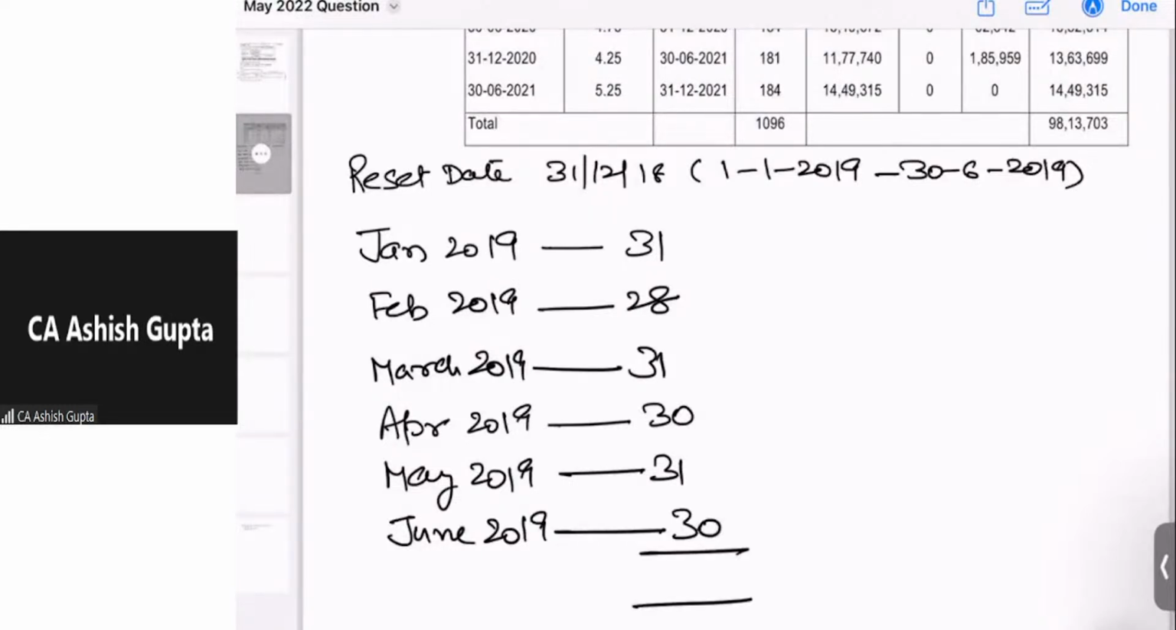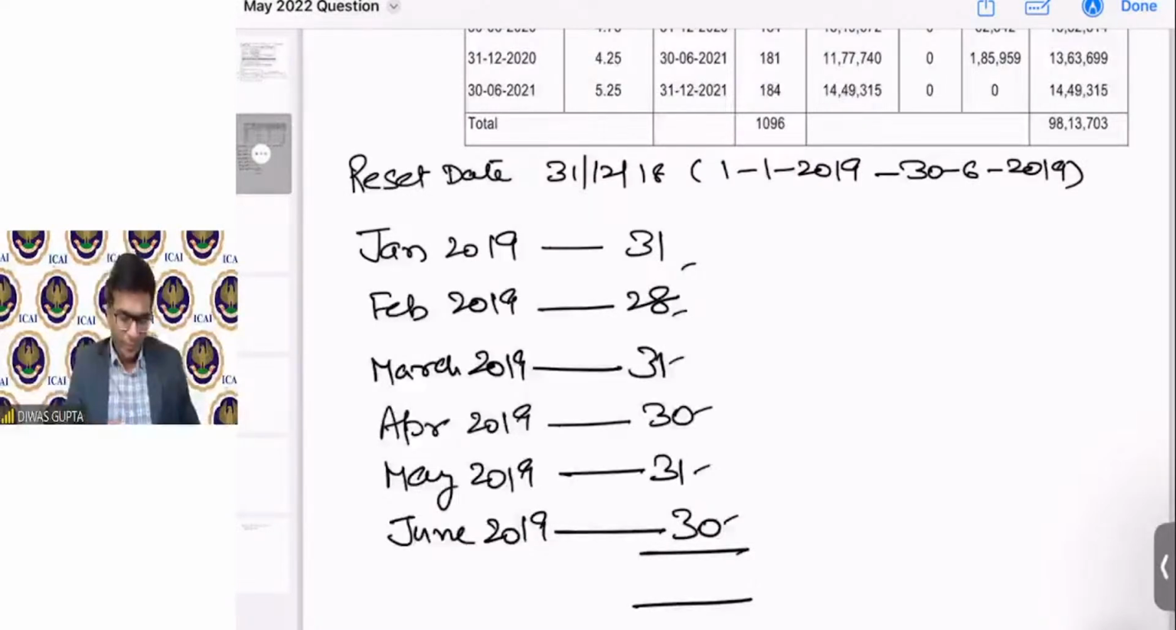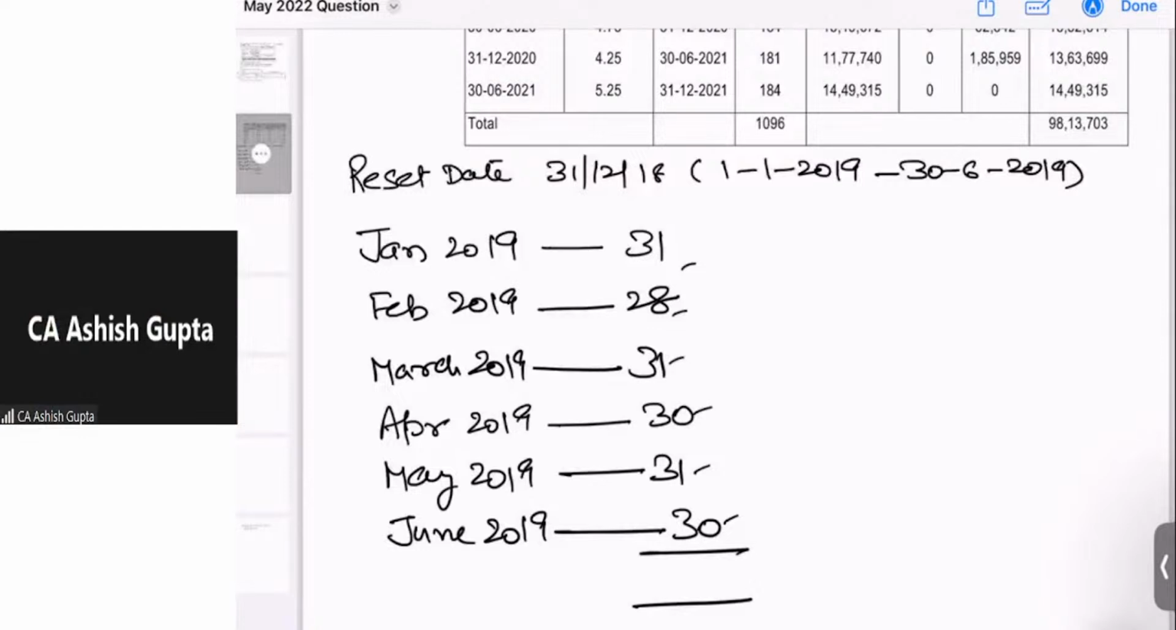They must correct me if I am wrong on any place. Even student can do that. Sure, sir. Okay. Now the total number of days will be